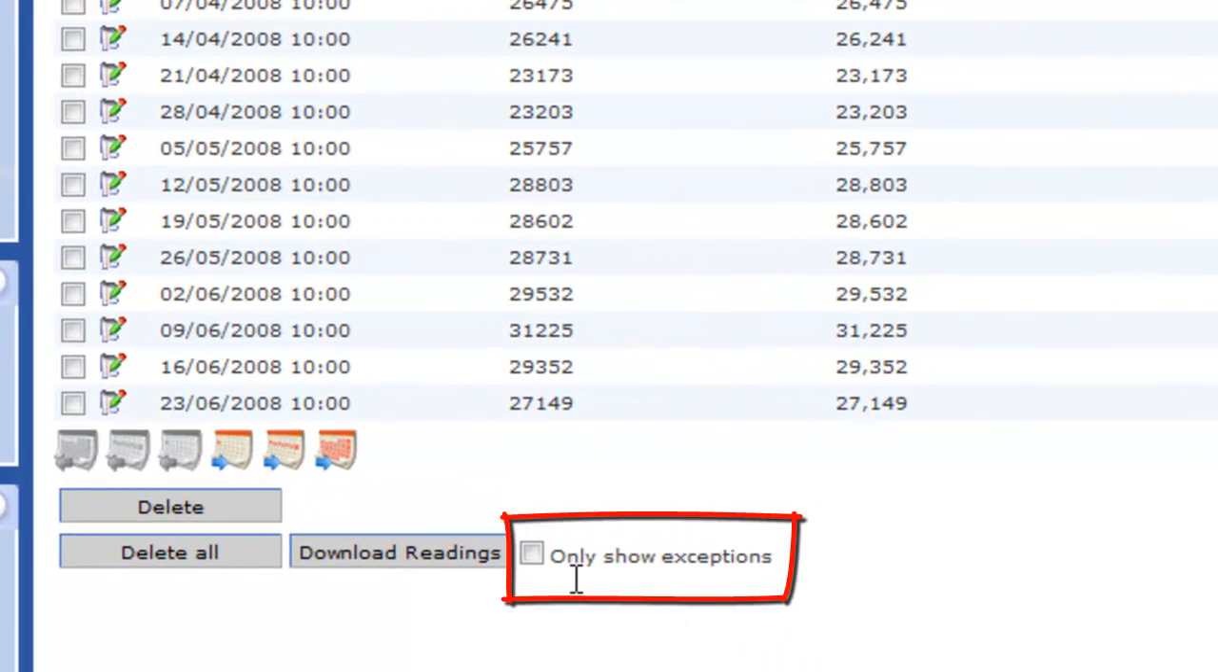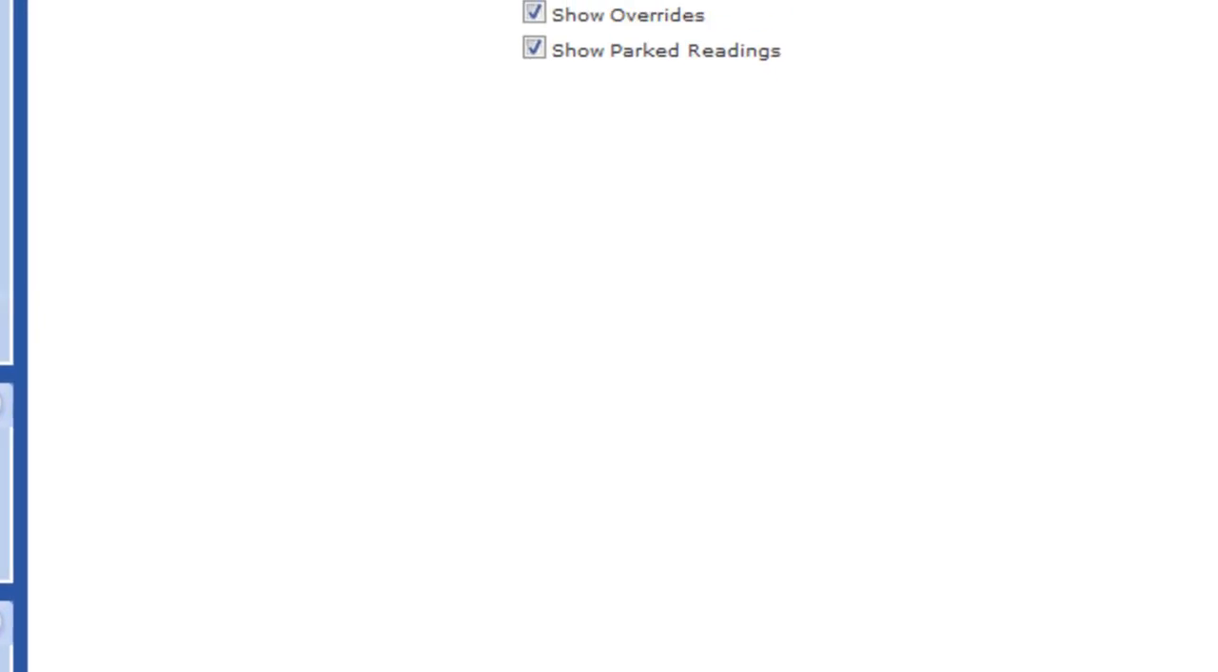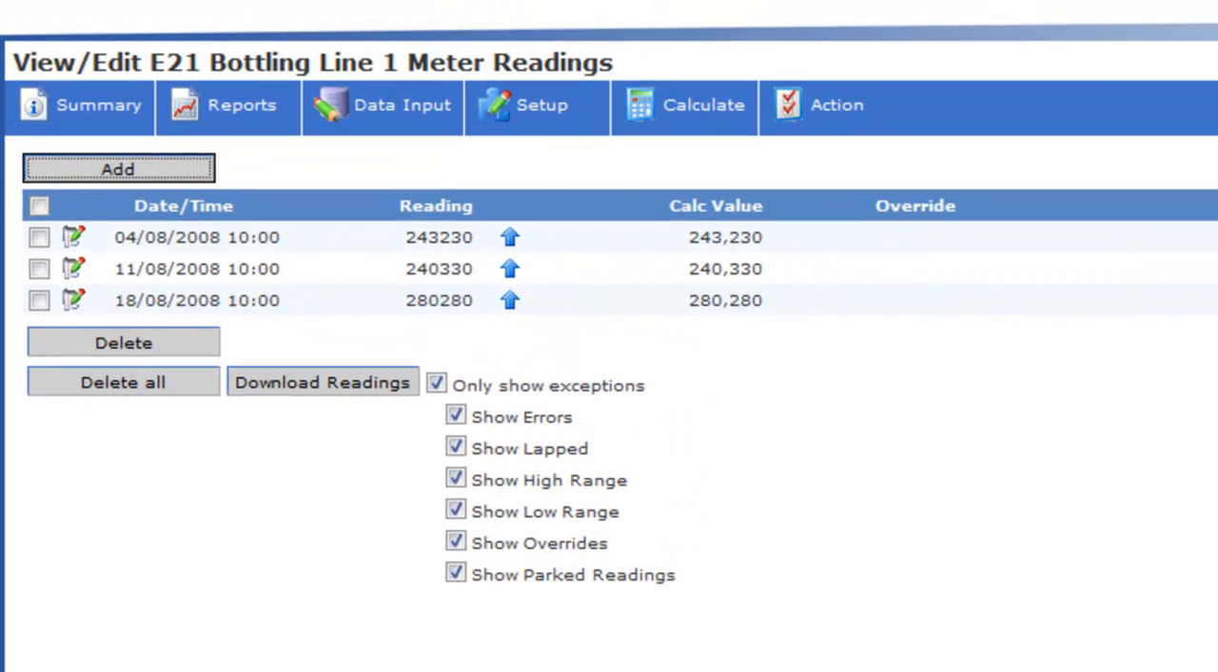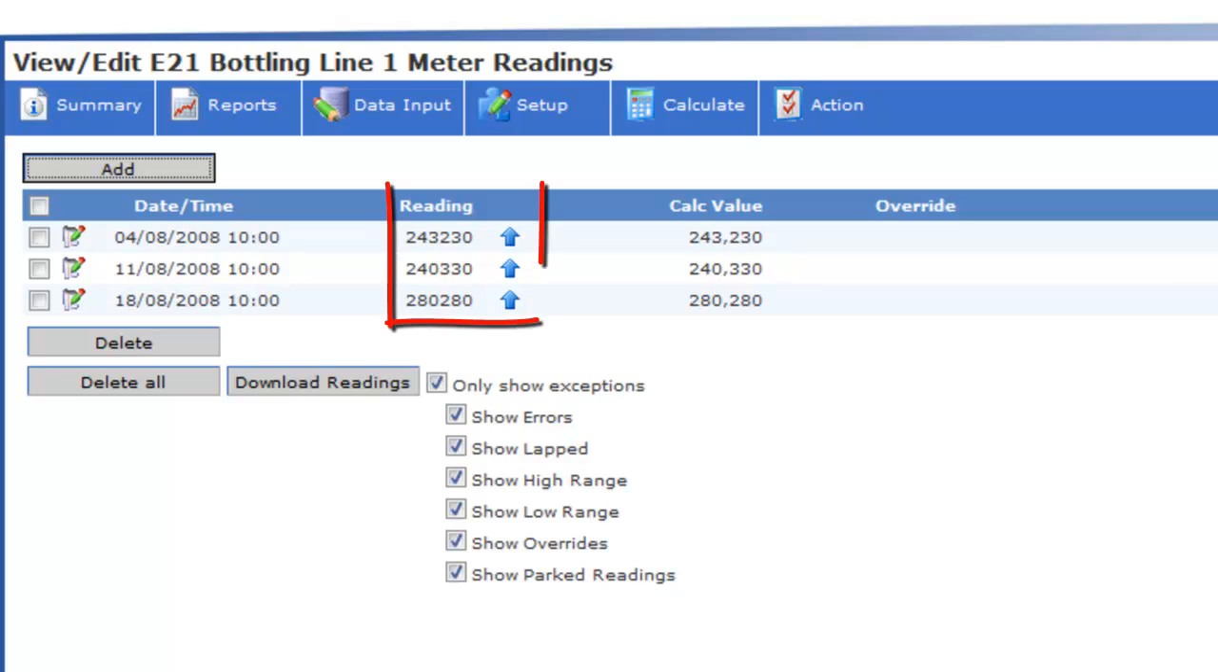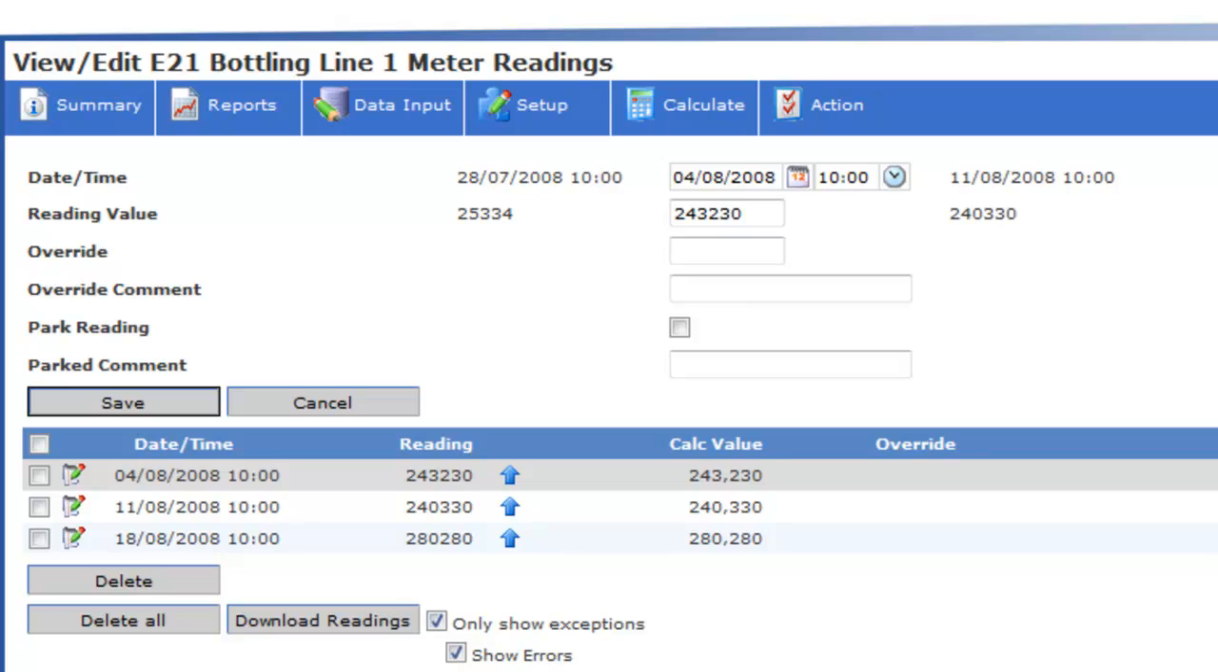By selecting the Only Show Exceptions option, Montage will just return for me those meter readings which had any of the following exceptions. In this case, we can see we have 3 readings with the blue arrow indicating to me that their readings were higher than the daily average expected for that meter for the given period. This would indicate that these are meter reading entry errors,